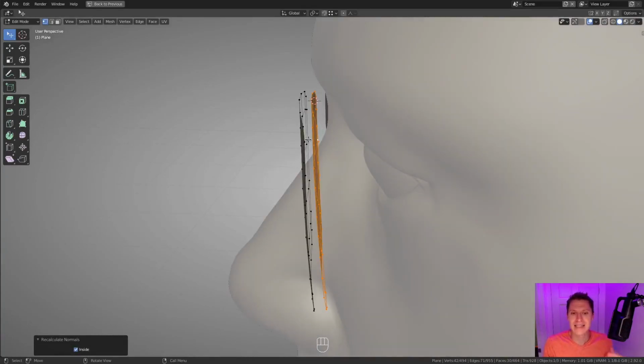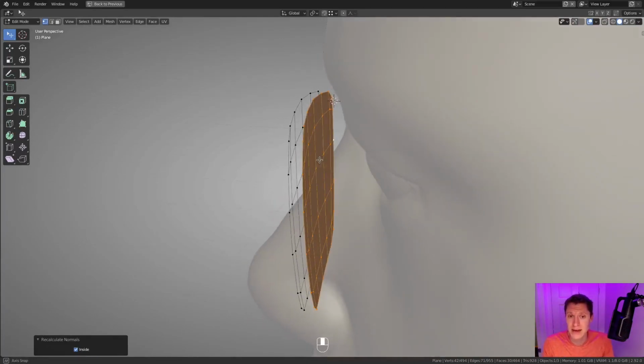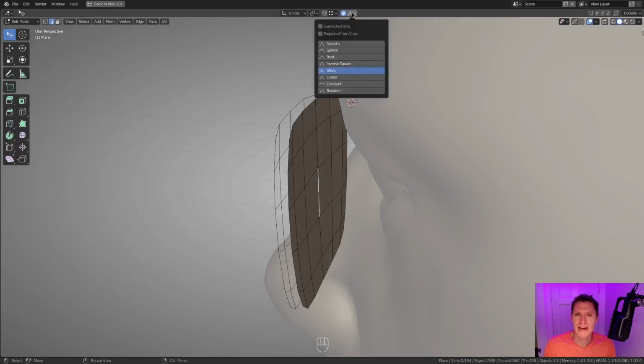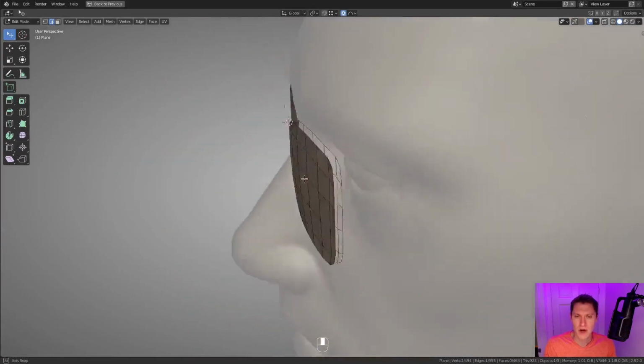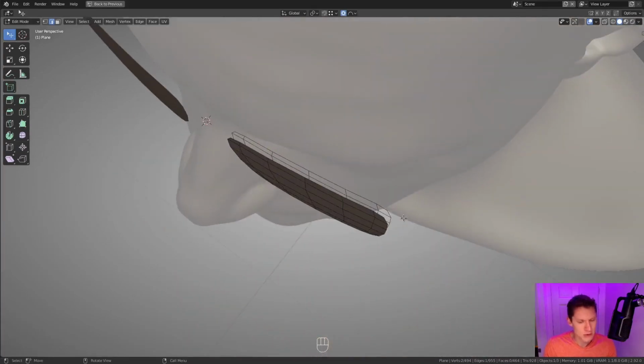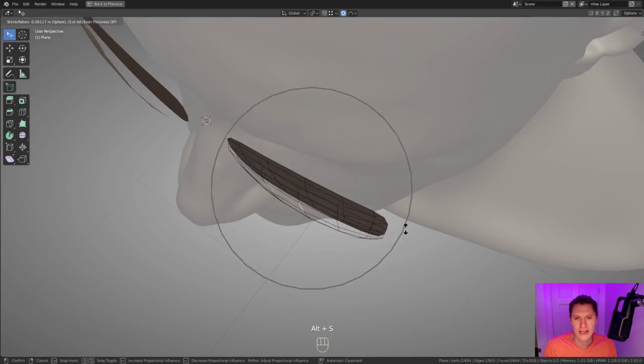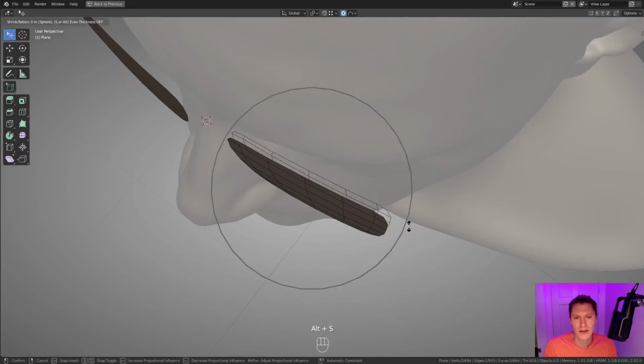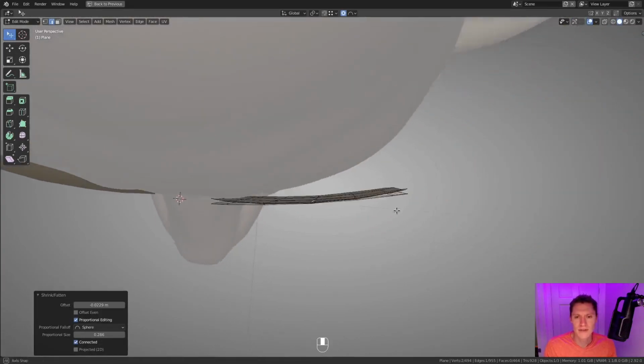And so now they have identical curvatures, but I want to increase the curvature of the inside face. So I'm going to do this by selecting the middle edge, choosing proportional editing connected only, and also using the sphere method of falloff. And I'm going to Alt-S to push the whole lens forward. Okay, so you can see how this is increasing the angle of the curvature.